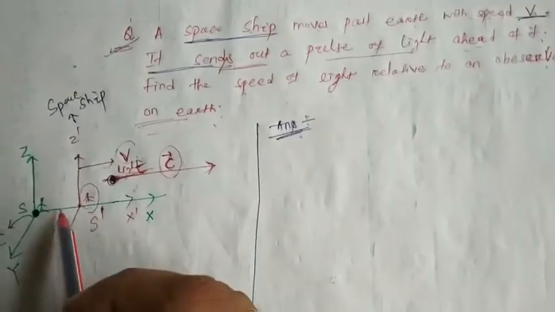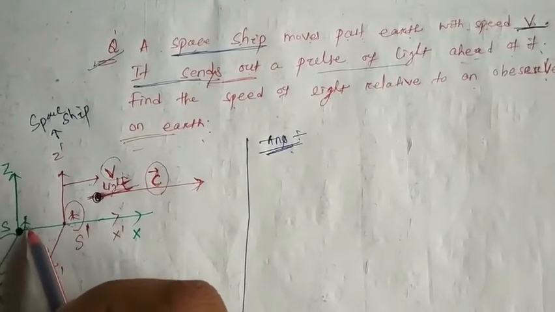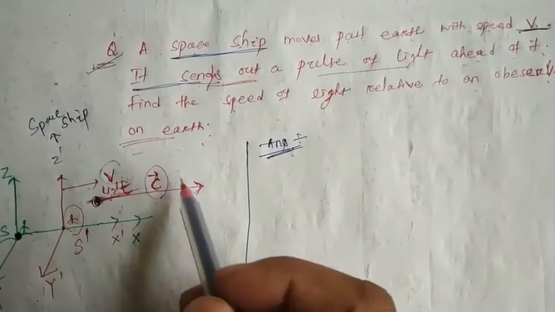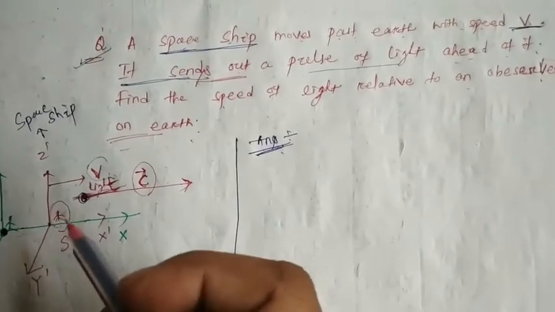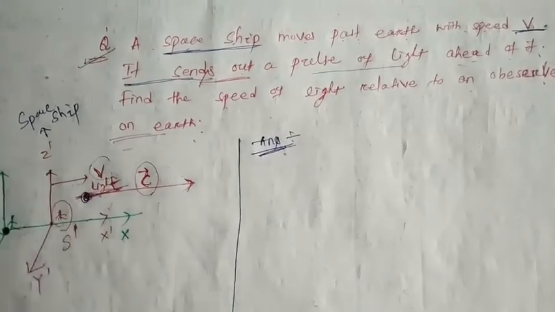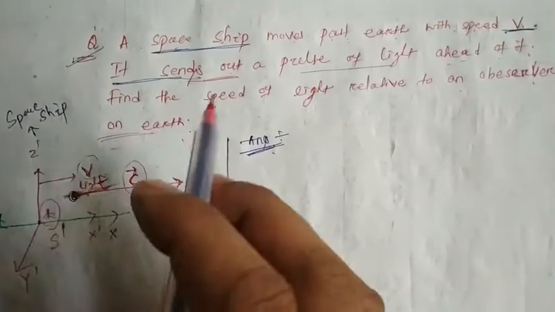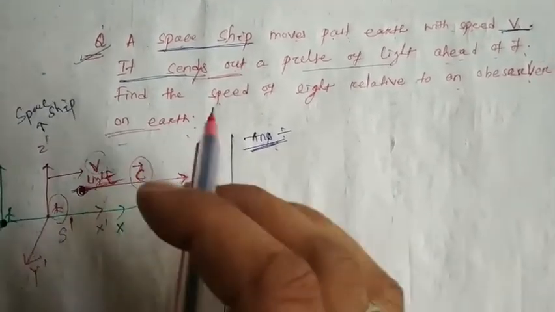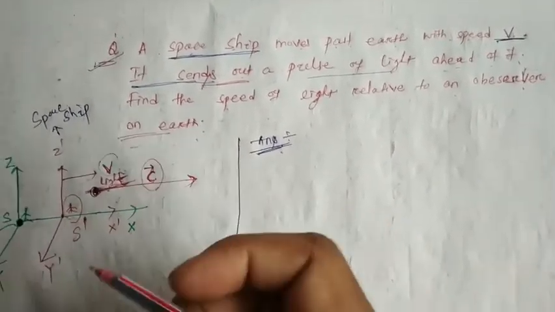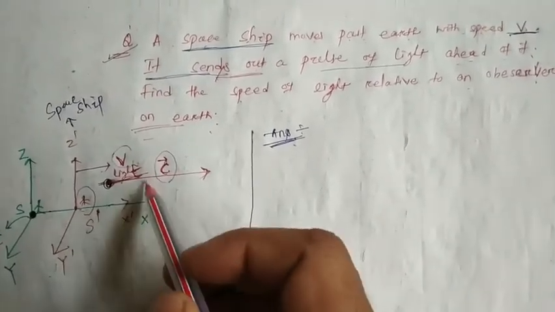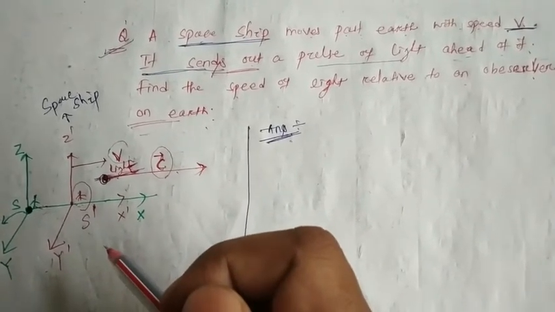So now the person who is sitting in the S frame, or Earth frame, what is he going to observe? Is the speed of the light going to decrease, increase, or change? That we have to find out. This is one of the interesting questions. Here we have to prove that it is not going to change. Previously we studied that light speed does not change with any frame of reference. From any frame of reference, wherever we measure, the speed of the light is always constant. That is one of the postulates of the special theory of relativity.